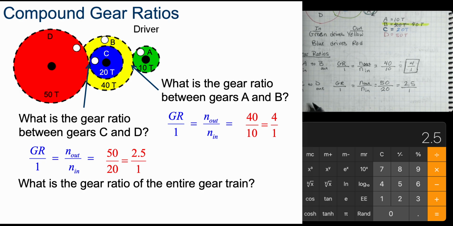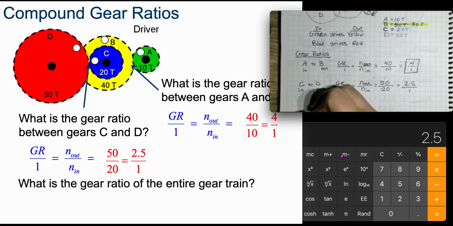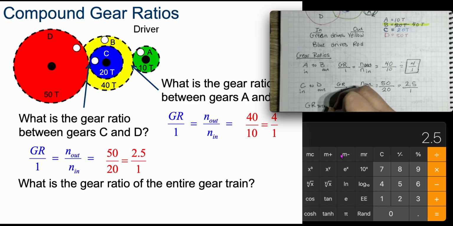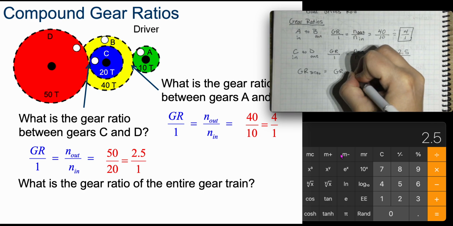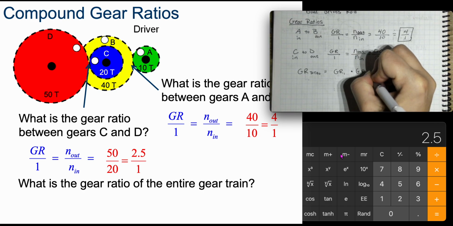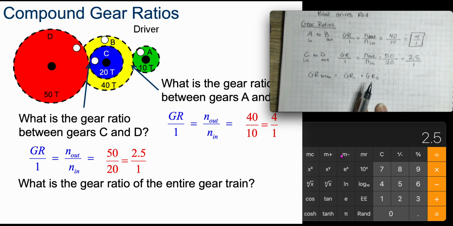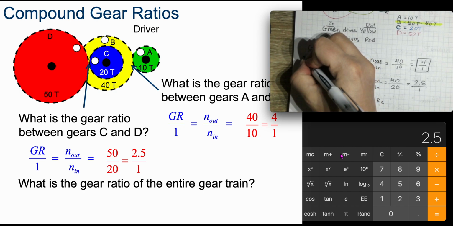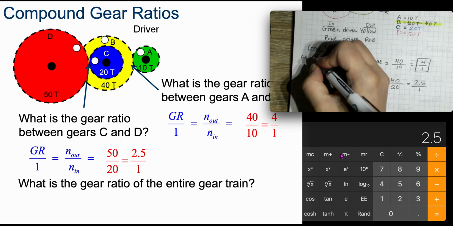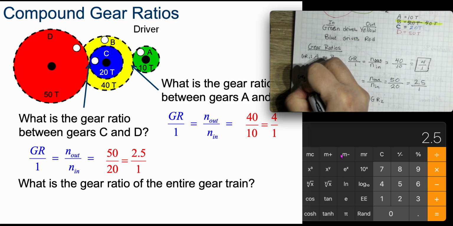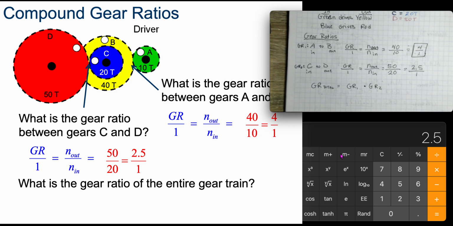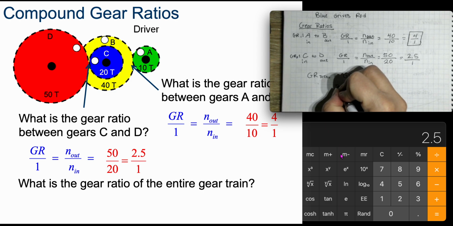Now we can calculate the gear ratio of the entire gear train. And so that is going to be GR total is equal to GR1 times GR2. So GR1, our first gear ratio, that's basically your A to B. And then GR2 is your C to D. So this will be equal to